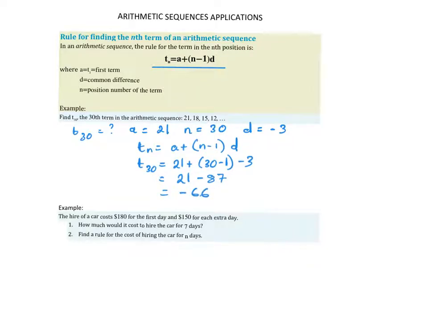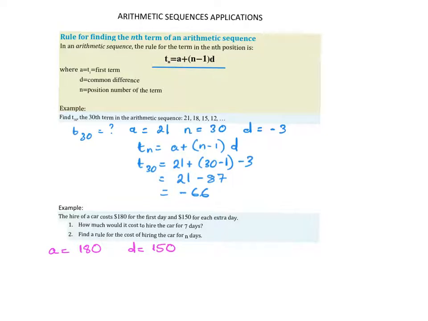A hire car costs $180 for the first day and $150 for each extra day. Part 1 says, how much would it cost to hire the car for 7 days? Now, hopefully you're associating this with an arithmetic sequence. You can see straight away there that the initial hire cost was $180. So our a value is 180. And we are told that it's 150 each day, so it's going up by 150. So our common difference is